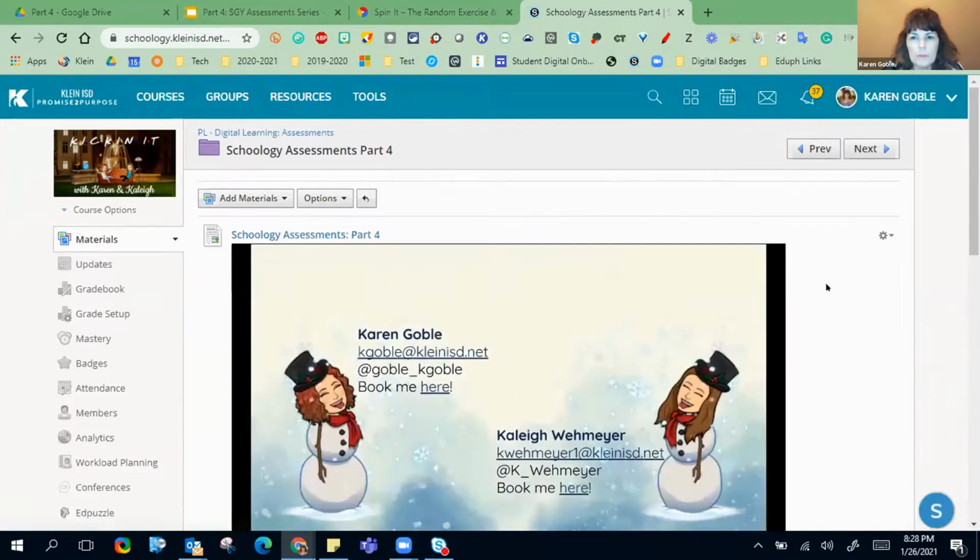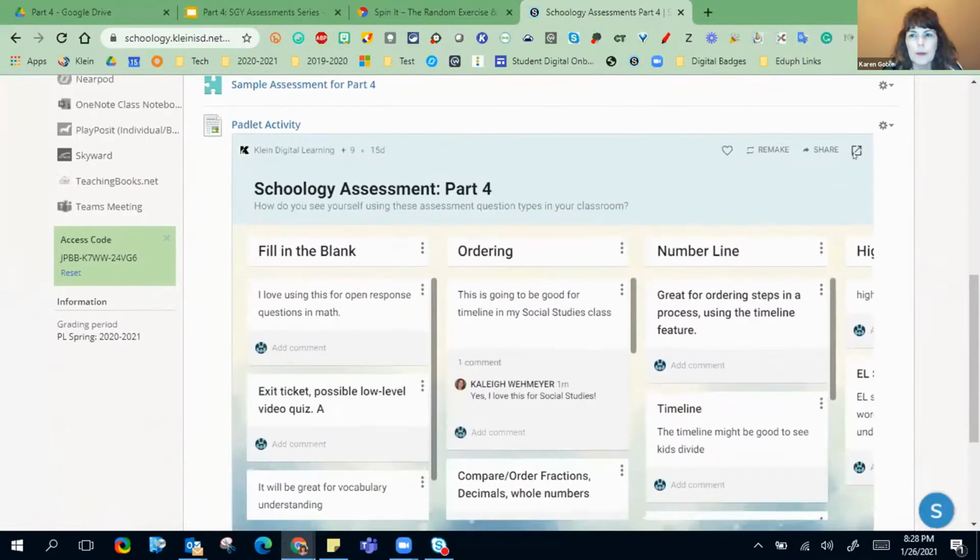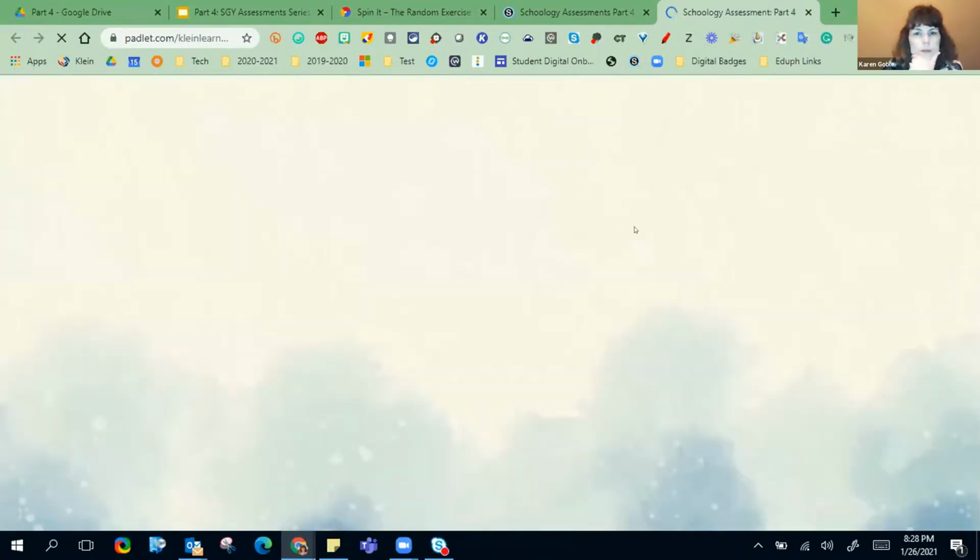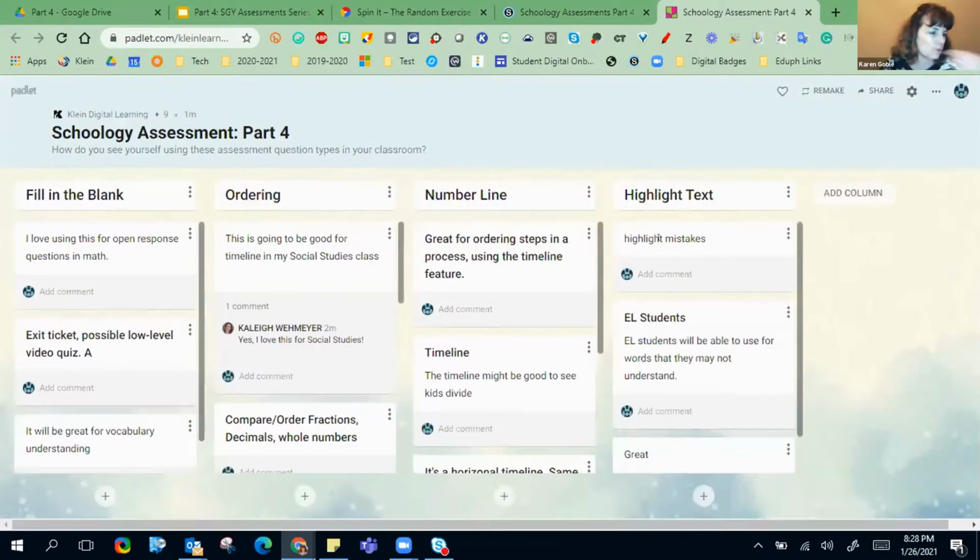So let me go to the Padlet real quick. There it is. I'm gonna pop it out for just a second. Y'all can still see my screen, right? So we see some great